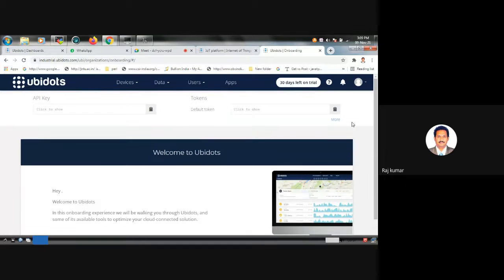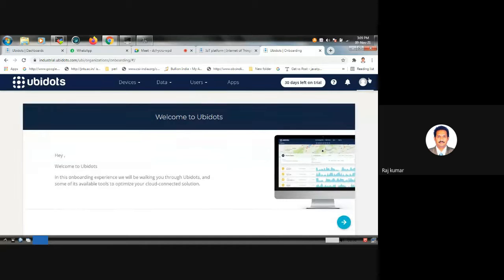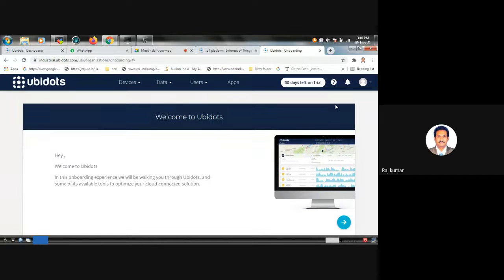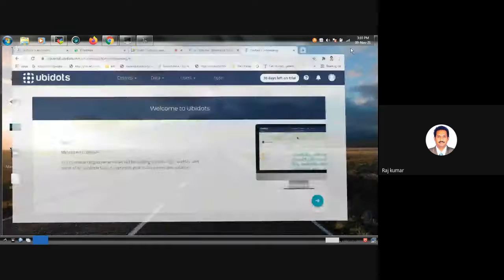Without this, you cannot upload the data, as well as you cannot receive the data. So this is the API data. By clicking on that, the value will be selected.